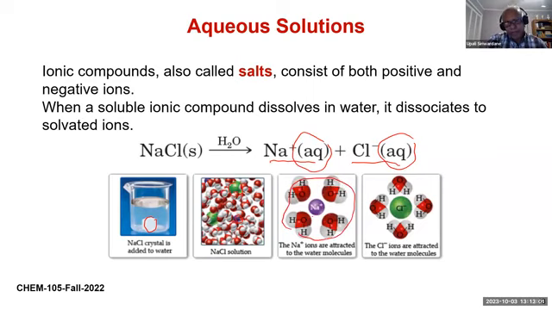The oxygen dipole, the negative end, is facing the positive end of the sodium ion. On the chloride ion, the positive end of the dipole, which we talked about for water, is on the hydrogen atom. Therefore, it's a charge attraction with water molecules. These aqueous ions are called solvated ions, surrounded by solvent. We said that about here, dissociated into solvated ions. Solvated ion means they are surrounded by water with